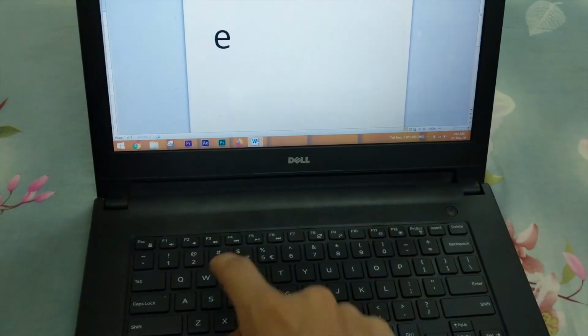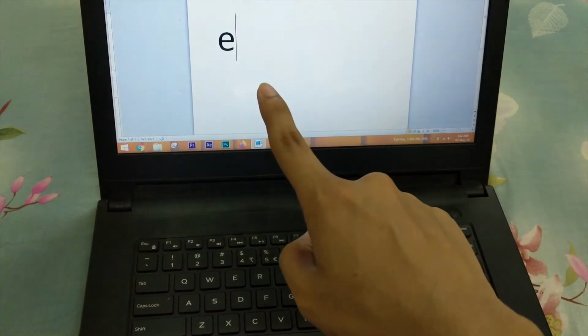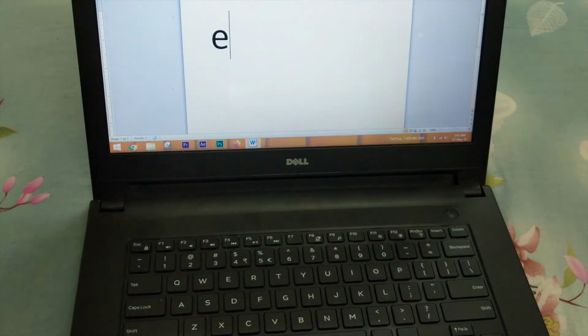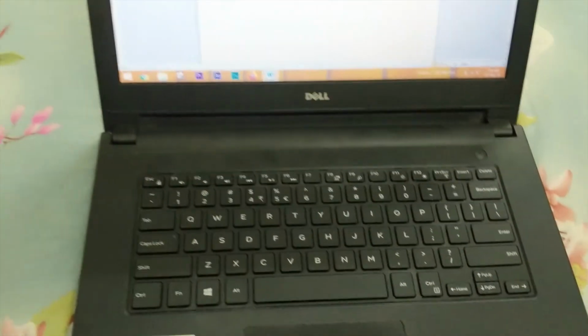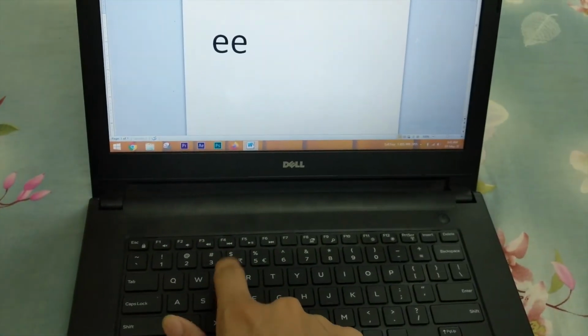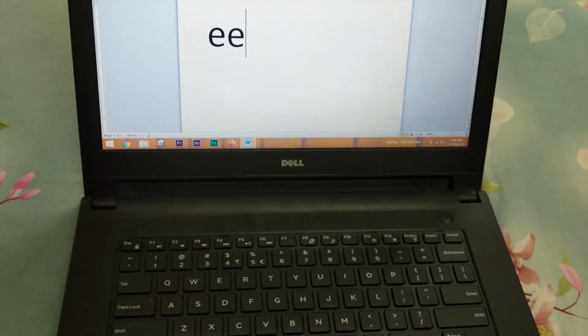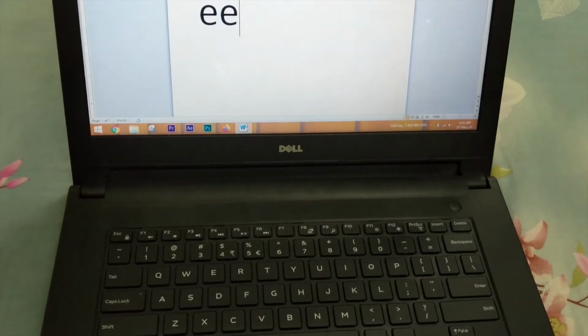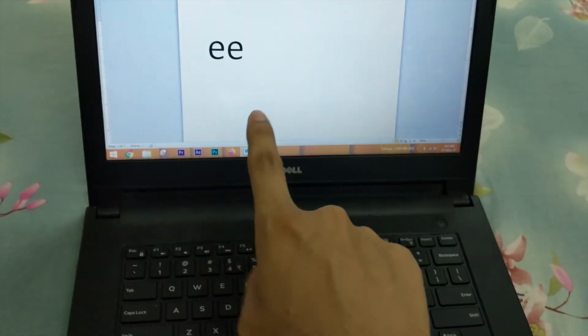Let's see. Oh, it's on the computer as well. I mean the display. There is written E. Okay, let's try it once again. E. It works. Now, as you can see, there's a capital E on the keyboard, but there's a small e on